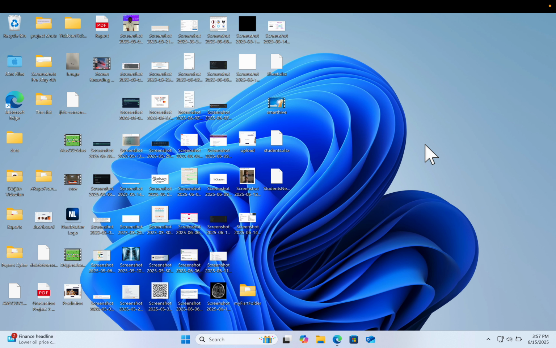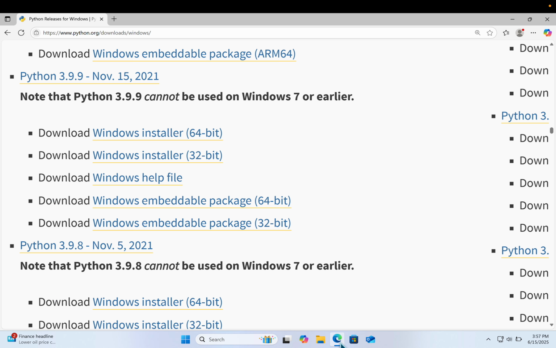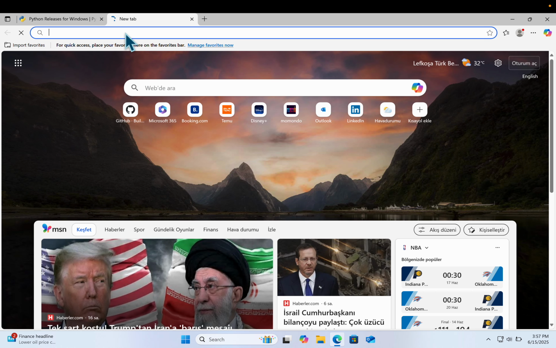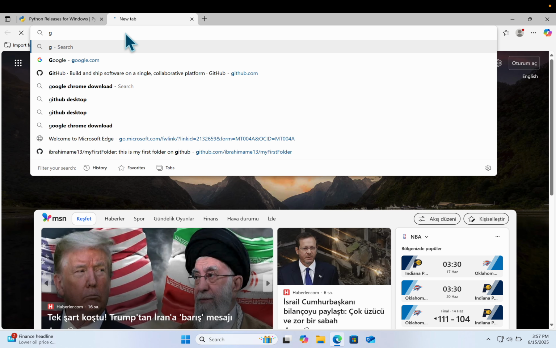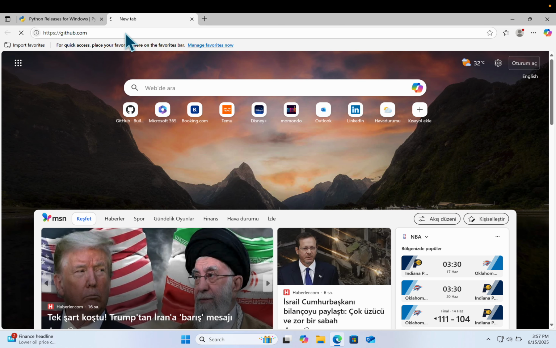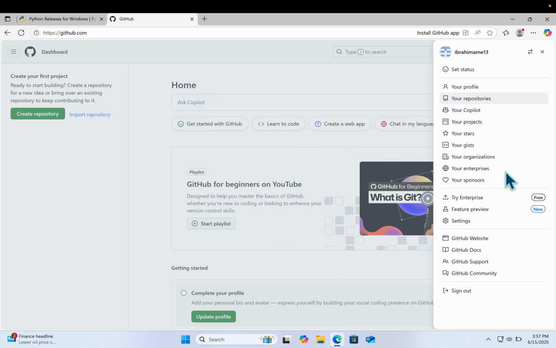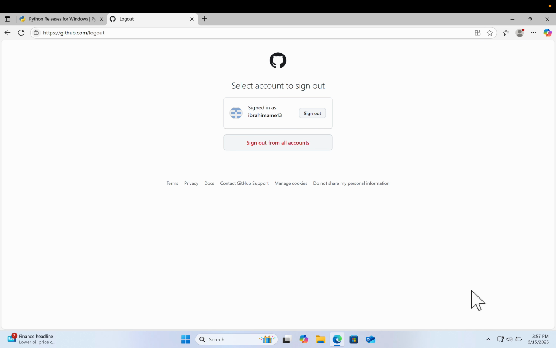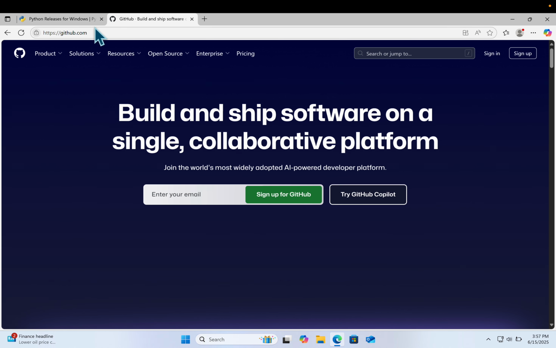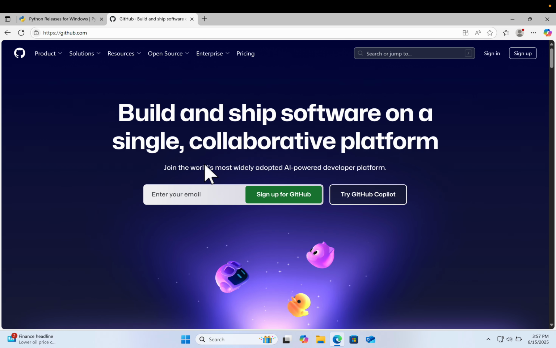The next tool we need is GitHub Desktop, but first you need GitHub itself, so the GitHub account. So I'm going to open a new tab and I'm going to go to github.com. Let me sign out of this account. Okay, so when you get to github.com, you'll most likely see this page. And the thing we want to do is if you don't have an account, we want to sign up for